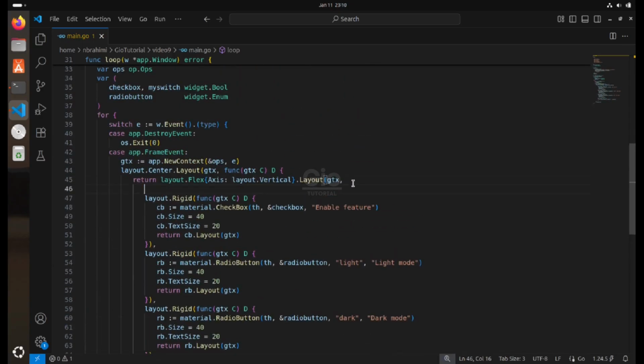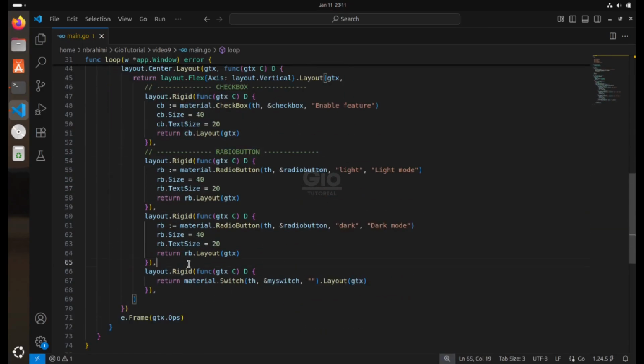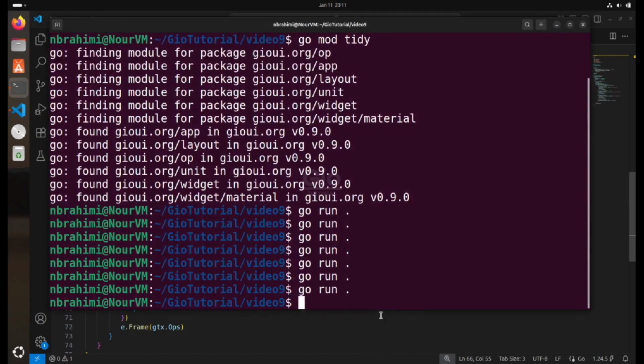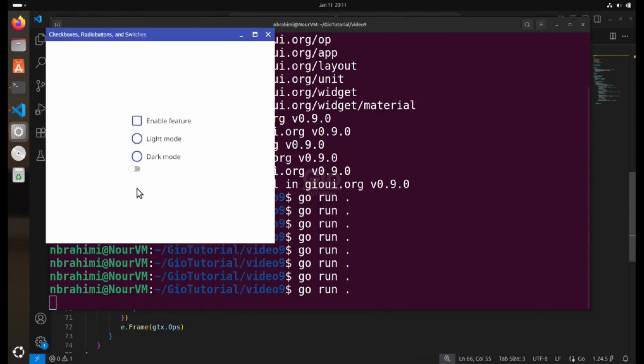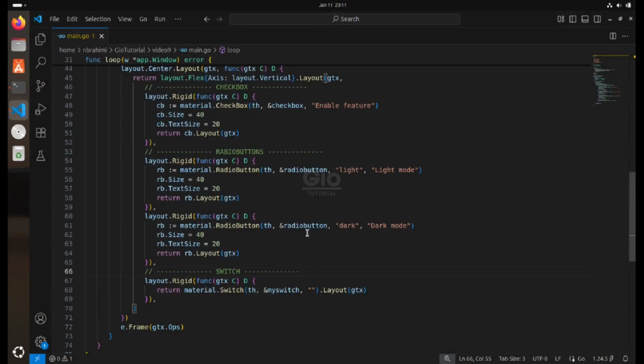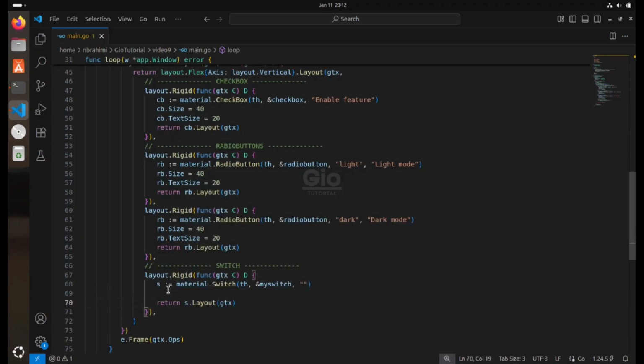Before we run the code, let's add some comments to separate the widgets out. Run now. Let's see how we can change the look of this switch. Assign the switch to a variable s and return s.layout as usual. We don't have any way to change the size of the switch as we did for the checkbox and the